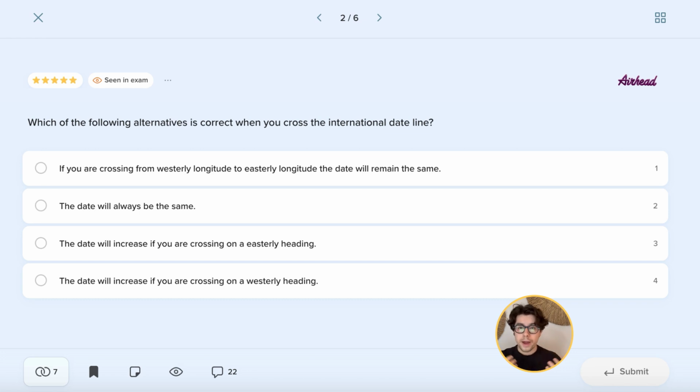And this is also why Australia or the countries most east of the Greenwich Meridian will enter the New Year first. So with this in mind, the date that will increase if you're crossing on a westerly heading will be your